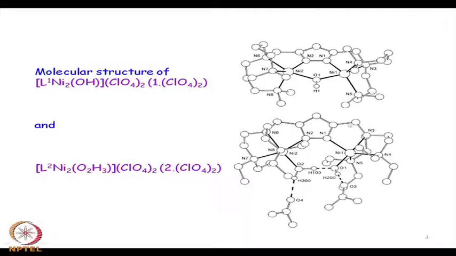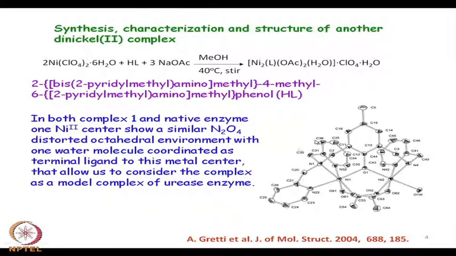So, if you do not have this chelate arm, it will not hold the first nickel, similarly it will not hold the second nickel by the simple pyrazole unit. So, if some supporting system is there, then only pyrazole can bind to these two nickel sites as a bridging unit. Otherwise, pyrazole can be happy and can stay as a monodentate unit to these particular sites.